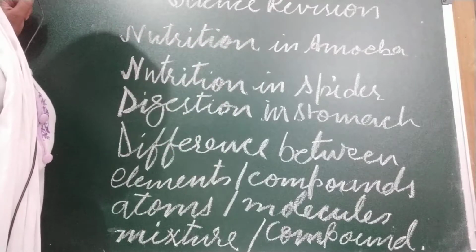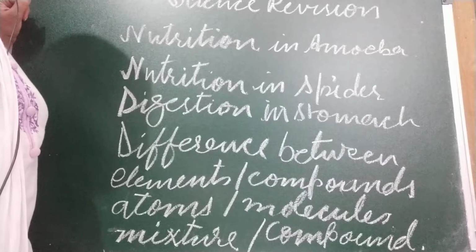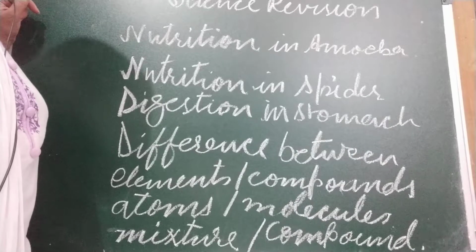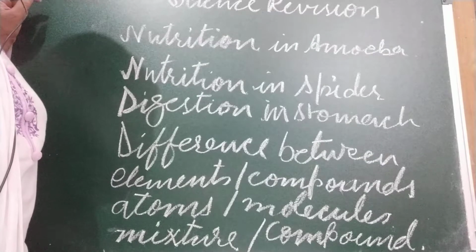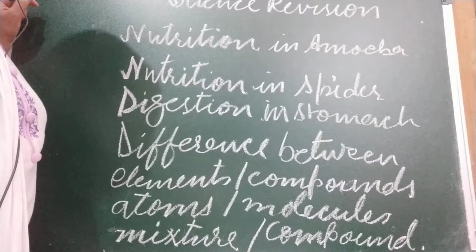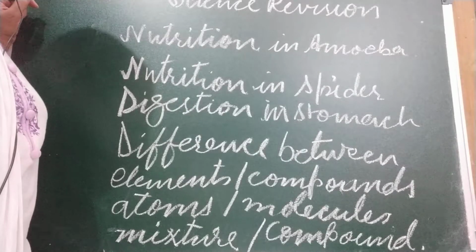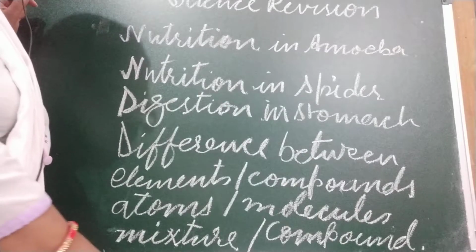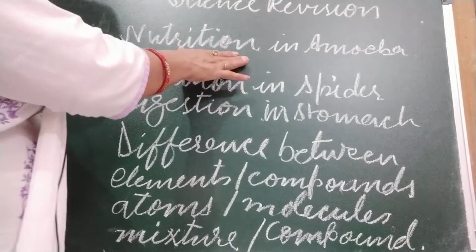Now nutrition in amoeba, we are going to discuss how amoeba takes its food. The unicellular amoeba, as we know, is a single-celled structure. The unicellular amoeba engulfs tiny particles of food by throwing its false feet known as pseudopodia around it. The pseudopodia join together to form a small cavity known as food vacuole. The food inside the vacuole is digested by digestive juices. It is then absorbed and assimilated there to provide energy and perform other functions.